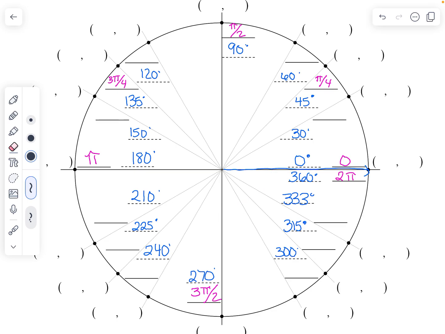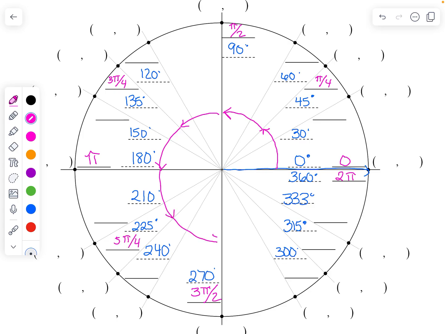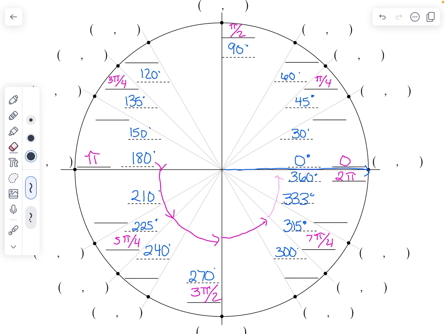If we walk our quarters, we say we're going to go 1 quarter, 2 quarters, which is just a half, 3 quarters, 4 quarters, 5 quarters, 6 quarters, which is 3 pi over 2, and then 7 quarters. And then, of course, all the way would be 8 quarters, which is just 2 pi. So after we're doing all of our quarters, we can now do our